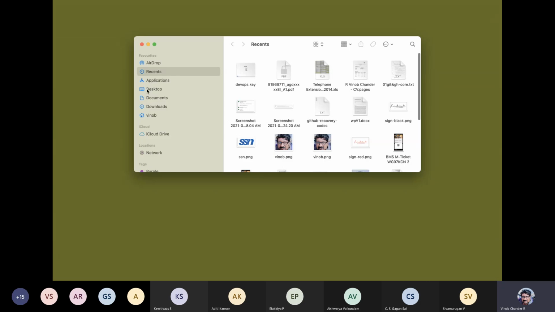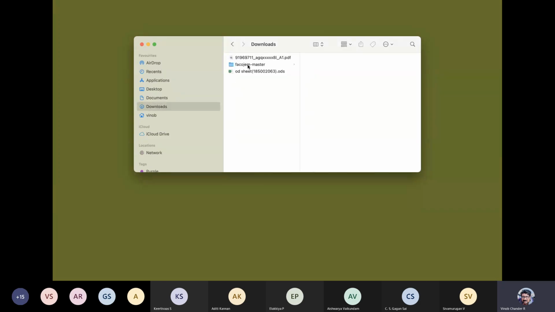So the project has been downloaded. Let me go to my downloads folder, and in the downloads folder you have this. Let me just move this to the desktop, right? And let me rename this particular folder to say Git workshop, or Git something like that. Okay, so let me say Git workshop, Git WS.